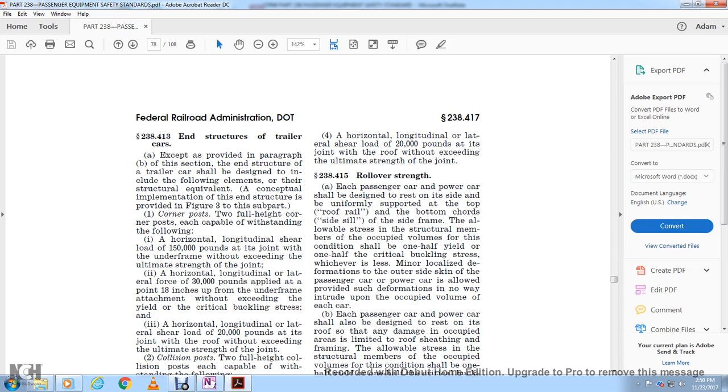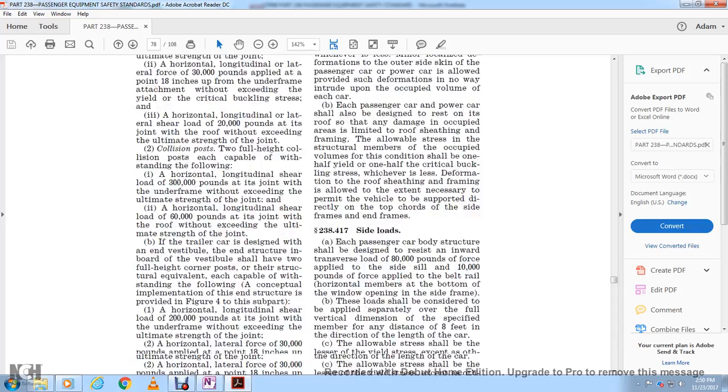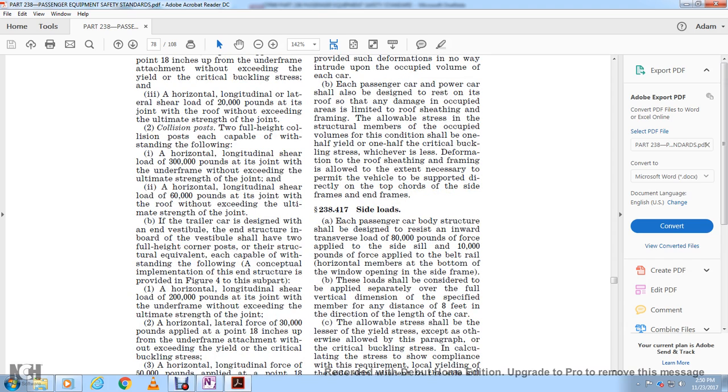A horizontal latitudinal force of 30,000 pounds applied at a point 18 inches above the underframe attachment, not exceeding the yield and critical buckling stress. A horizontal longitudinal shear force of 20,000 pounds at the joint with the roof, not exceeding the ultimate strength of the joint. 3. The collision post: two full height collision posts, each capable of withstanding the following: